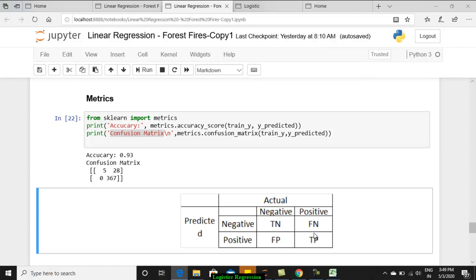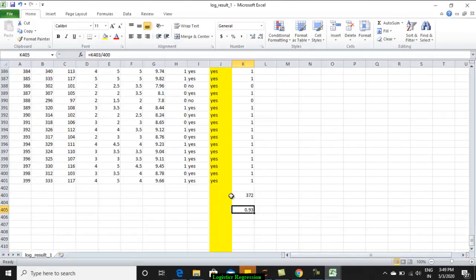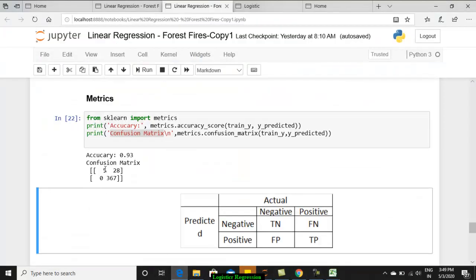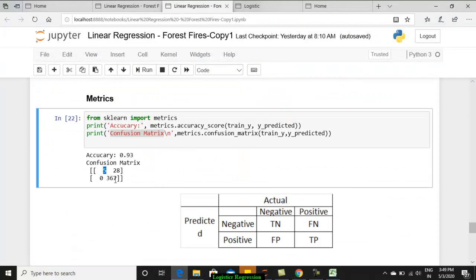So they are classified. Now coming to the other two cases, when your actual value is positive and your predicted value is negative, and when your actual value is negative and it was predicted to be positive, we say it is false negative and false positive. Now with this, just have a look at this confusion matrix. Already we have calculated how many total proper predictions there are. It is 372. Now you look at this, it is the addition of this diagonal, right?